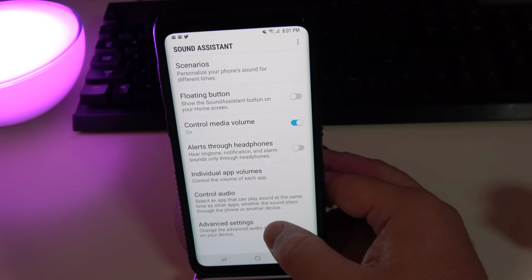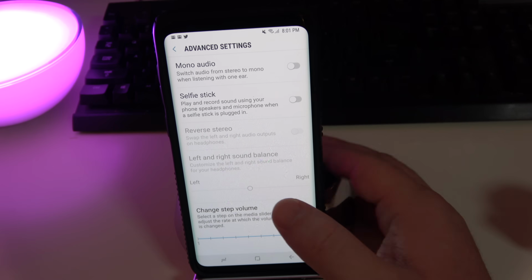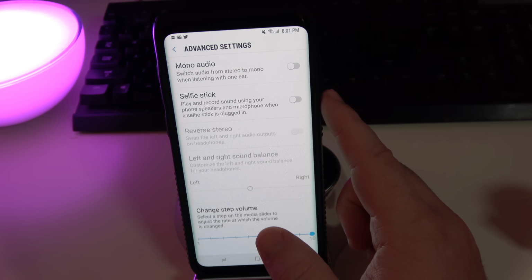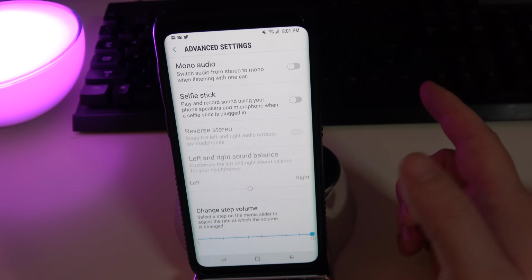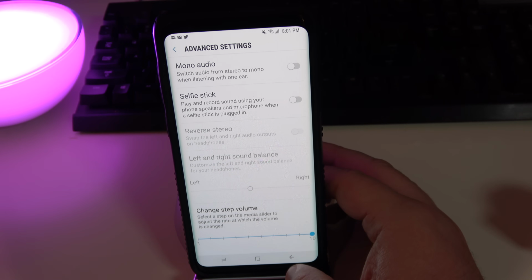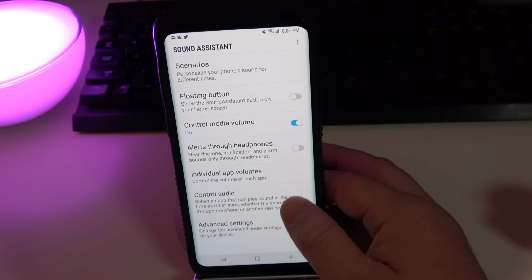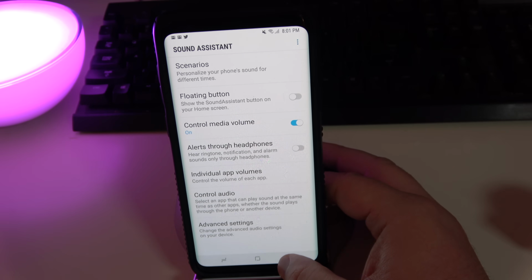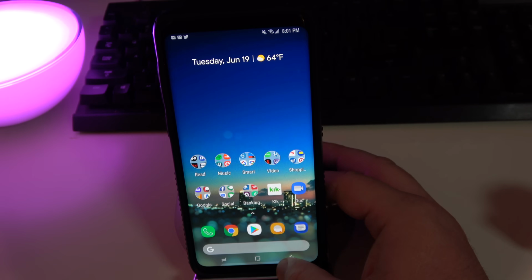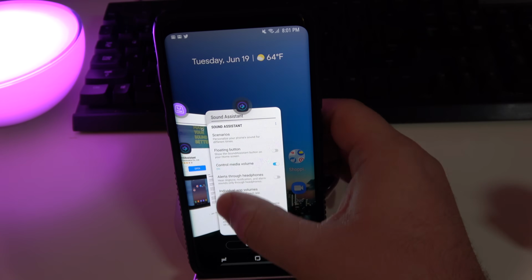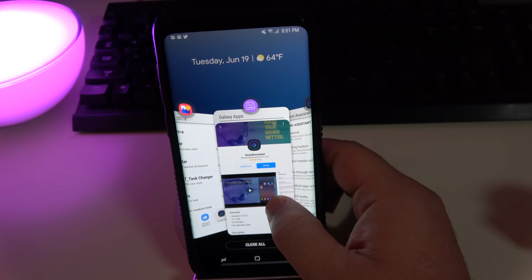You can also go into here and do advanced settings, and if you have a selfie stick connected, it'll play and record sound using your phone speakers and microphone when a selfie stick is plugged in rather than maybe something else. So there's a lot of situations where you can come in here and check out the Sound Assistant and really customize it and change it the way that you want. But yeah, that basically more or less is the new